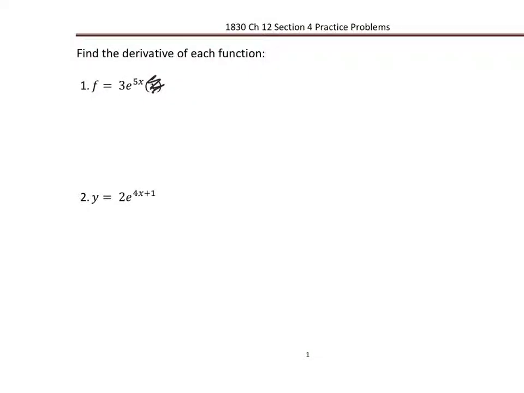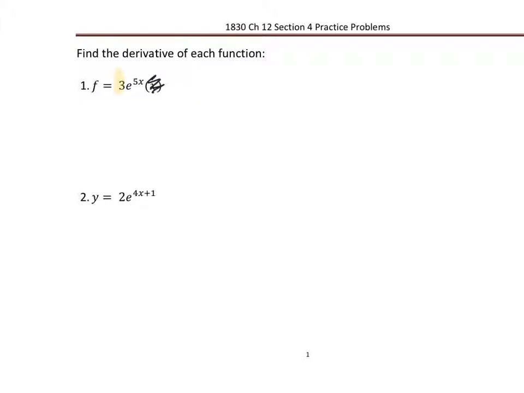Okay, this will serve as the complete solutions for Chapter 12, Section 4 practice problems for doing derivatives of exponential functions, functions where there is an exponent on a base. And pay careful attention to the role of the numbers in the problem that I'm going to first do, because we have to make sure we understand exactly what the function is. So in this first one,